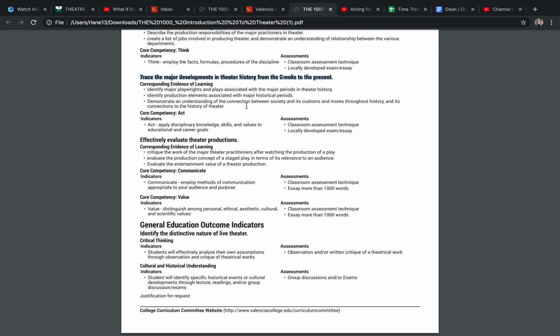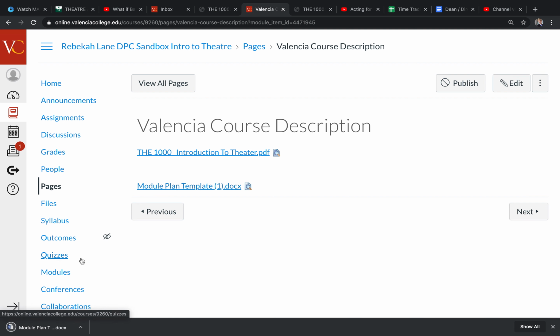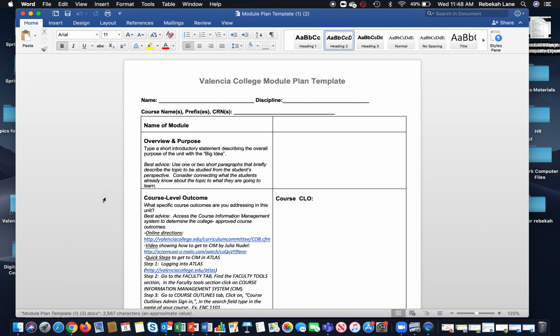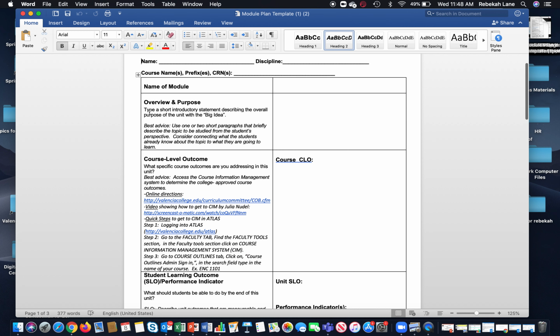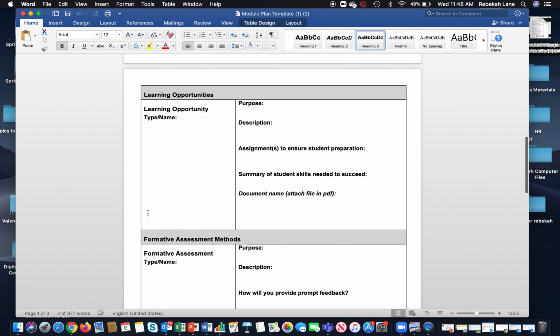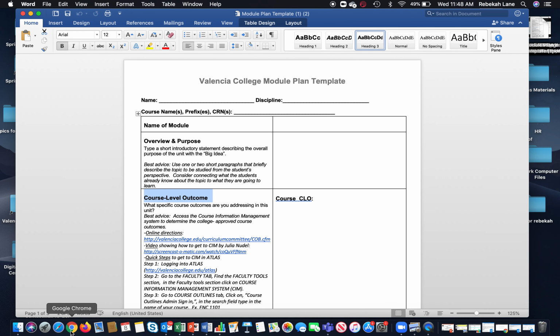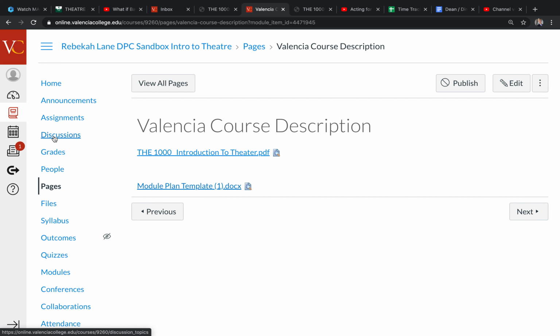As we are looking at module objectives and things like that, a lot of this verbiage we can borrow from this. We also have the module planning template. This was from the digital professorship, but it helps as we are planning those module overviews and starting to work through what kinds of activities and lectures we include. So this is a resource that is included for you as you go through this.